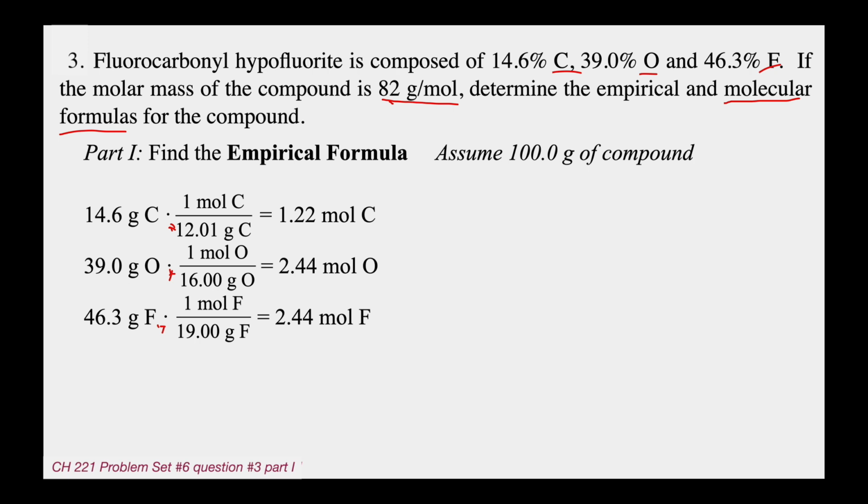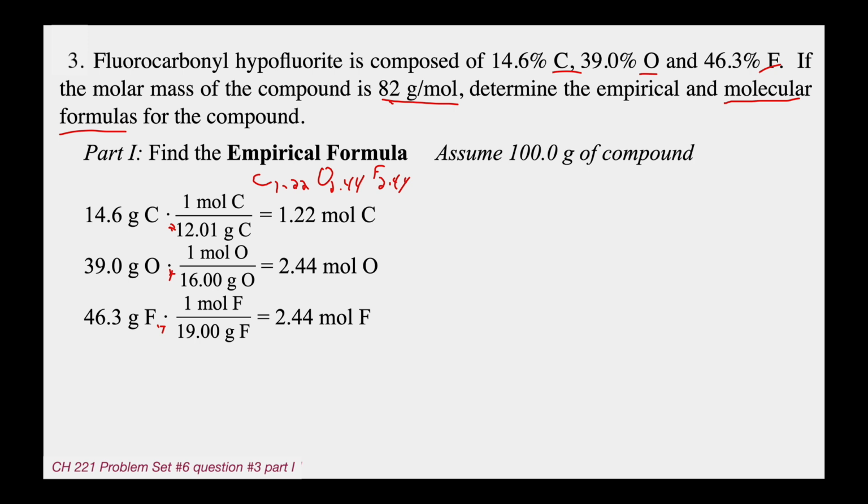And you end up with 1.22 moles of carbon, 2.44 moles of oxygen, and 2.44 moles of fluorine. This is, like we talked about earlier, a very rough formula. You could write C 1.22, O 2.44, F 2.44, but that's a really ugly formula. So to clean it up and make them whole numbers, divide all of those numbers by the smallest number, which